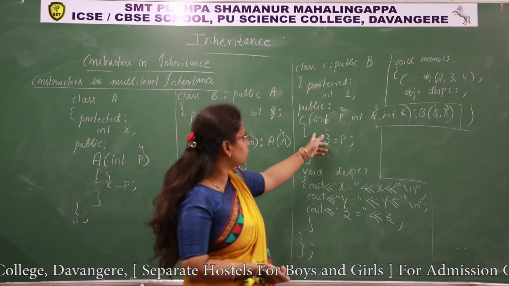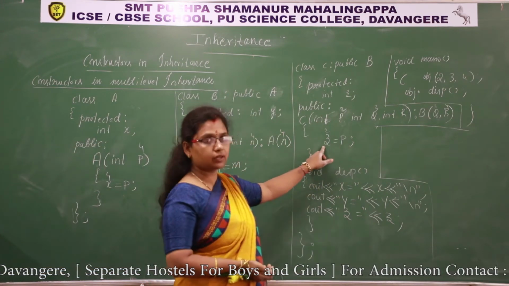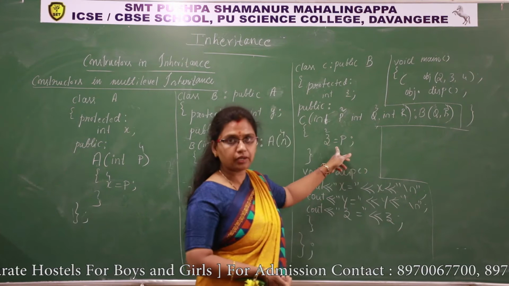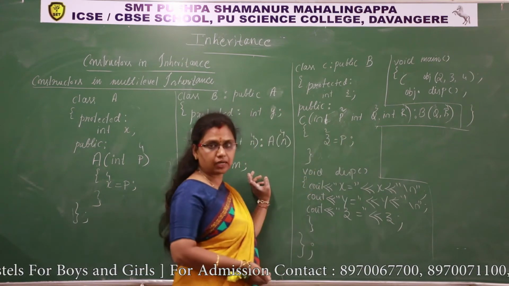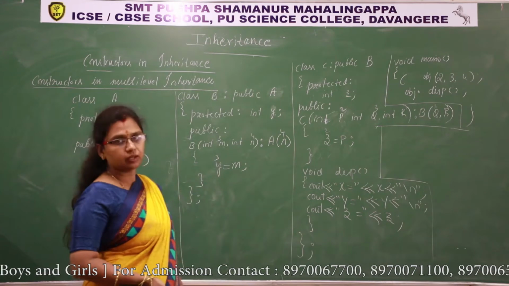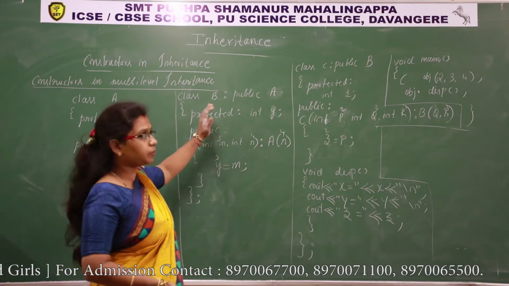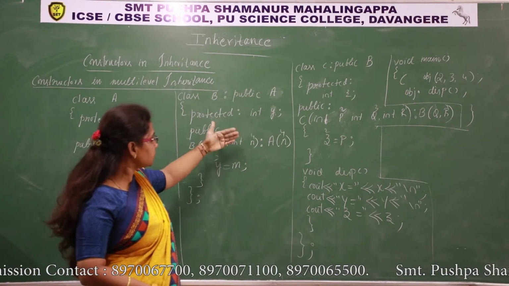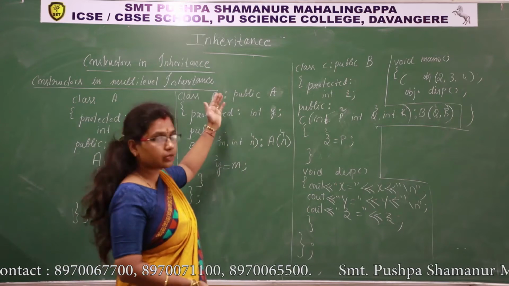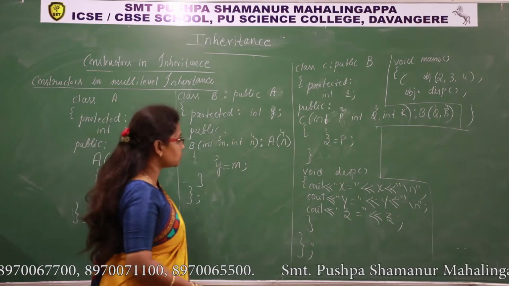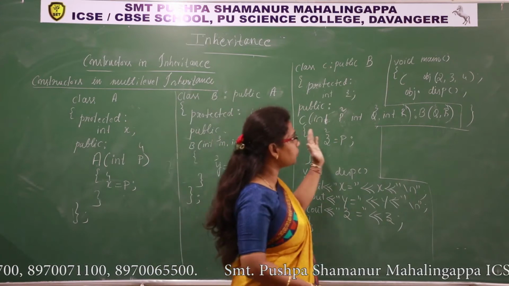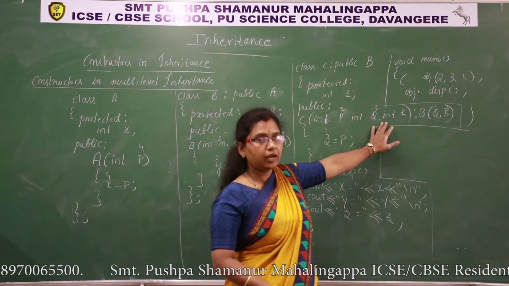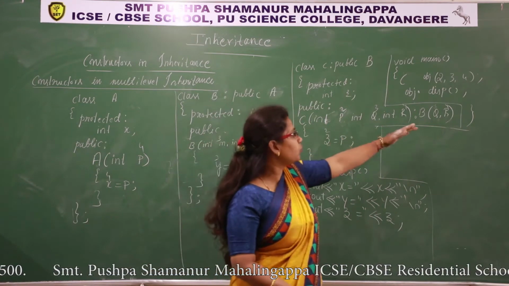That is why I have written 3 here. Though it initializes only one parameter, I have declared 3 parameters here. One for its own data member, and 2 for its parent class. Who is the immediate parent class? B. But for B, there is a parent class A. Now the B constructor has the responsibility to initialize its own data member and to pass a value to its parent class. That's why, how many parameters are required, we must declare here, and we have to distribute: 1 for its class, 2 for its parent class.